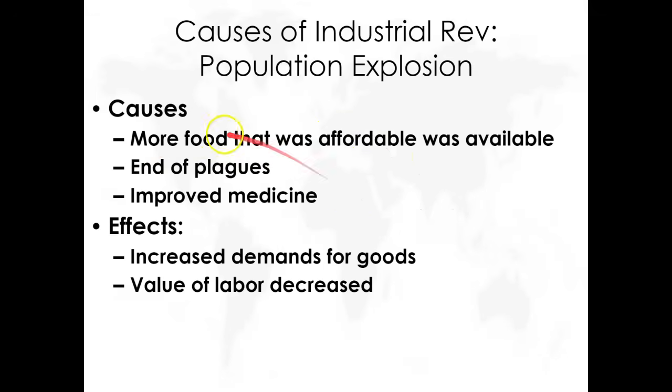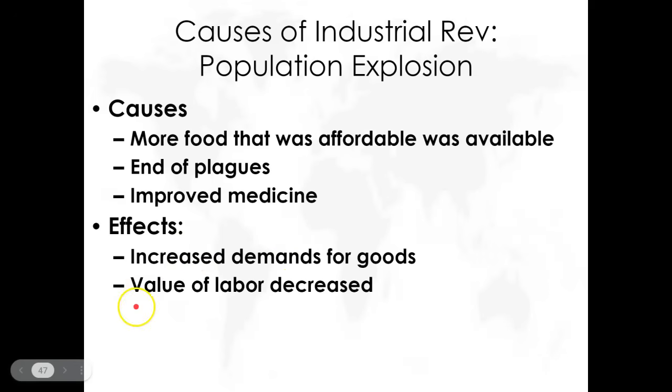There really aren't any bubonic plagues that will wipe out a third of Europe anymore. They still exist, but they're not actually wiping out a significant number of people anymore. So, initially there's some improvement in medicine, but the key part though is cheaper food. Now, some effects of a population explosion is you now have more people who want things. Like, they want cheaper clothes. So there's a demand for it.